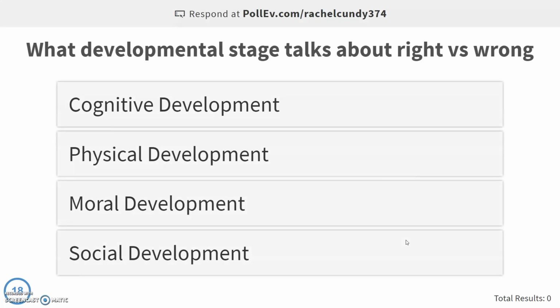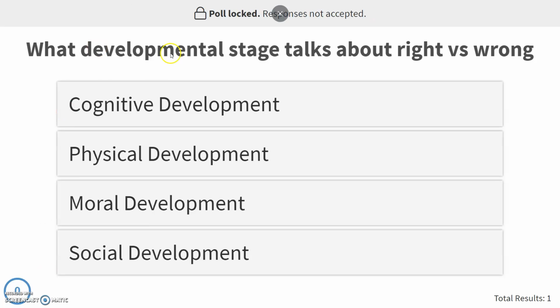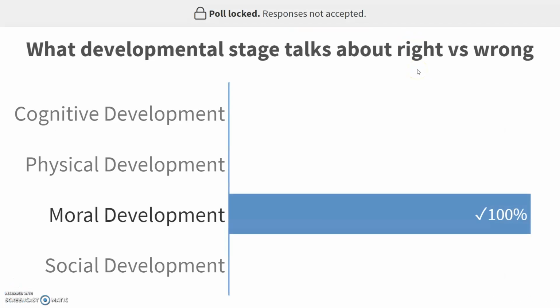So again, I'm going to come in here and I'm going to click on one of these. Down here, it'll tell you how many total results you have. Over here, it tells you your countdown. So there's 5 seconds, 4, 3, 2, 1. Then now it says up at the top, poll locked, responses not accepted. Then I click next, and it says